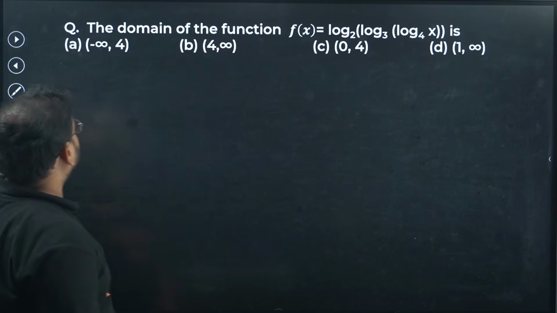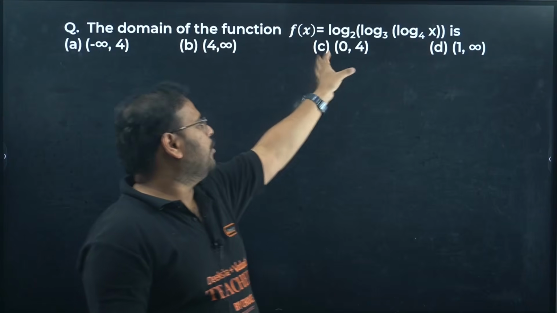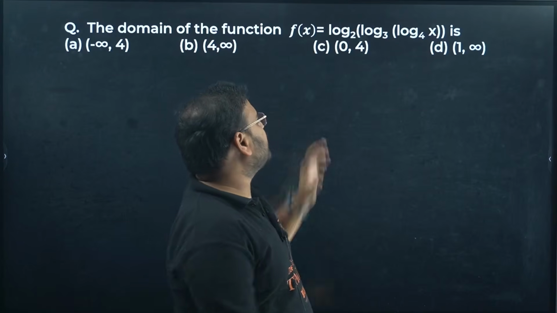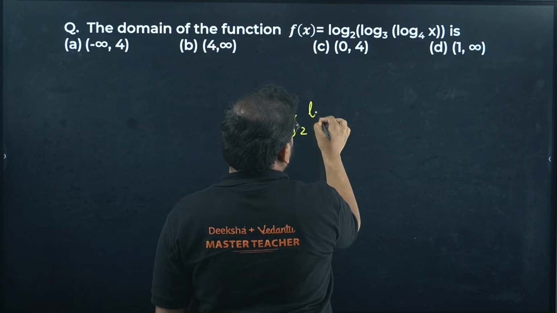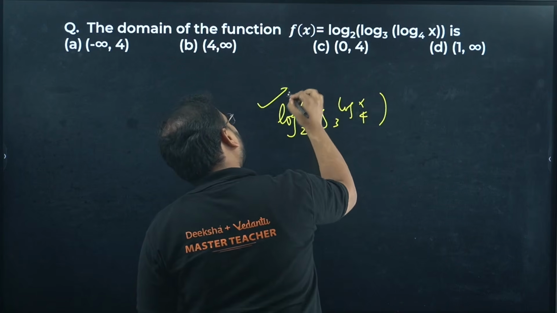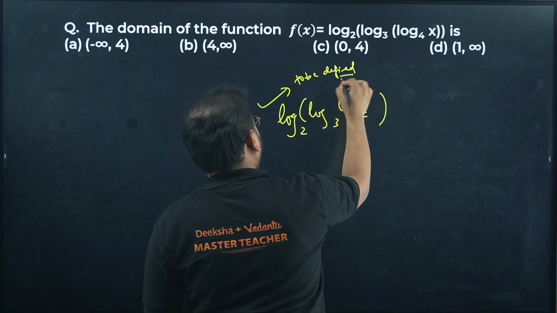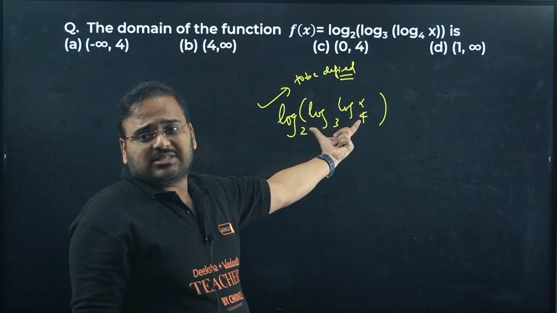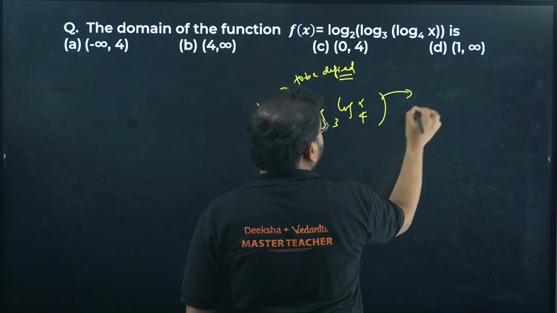Done. The domain of the function f of x equals log of something with the base 2, again log of something with the base 3, log of x with the base 4. For the first log to be defined, what's the condition? The condition is this value has to be positive. Log is not defined for a negative number, so this value has to be positive, and